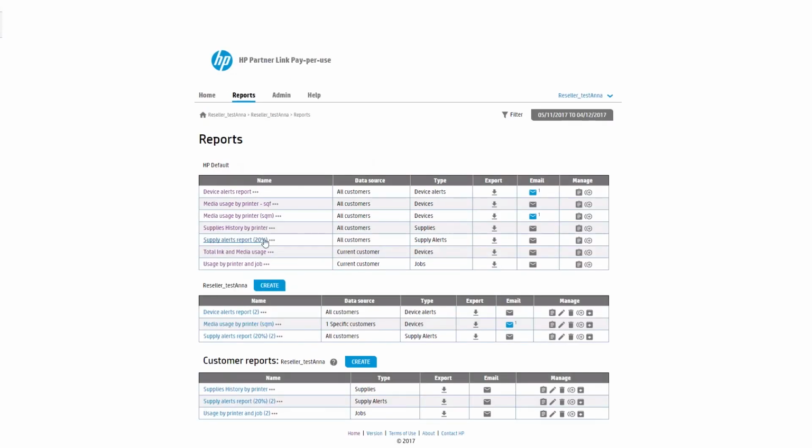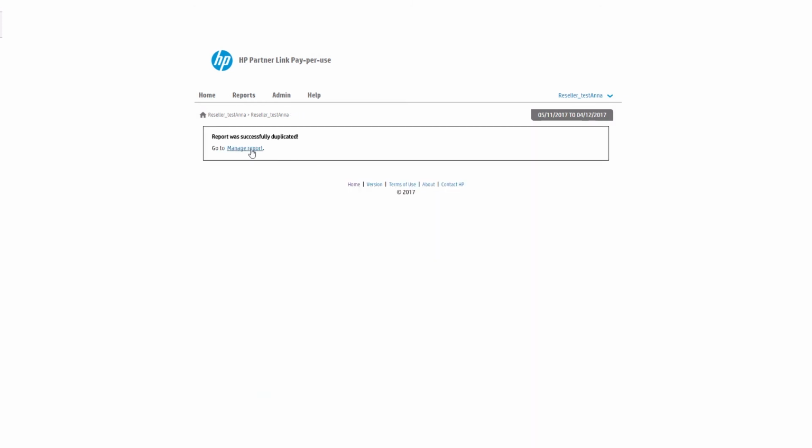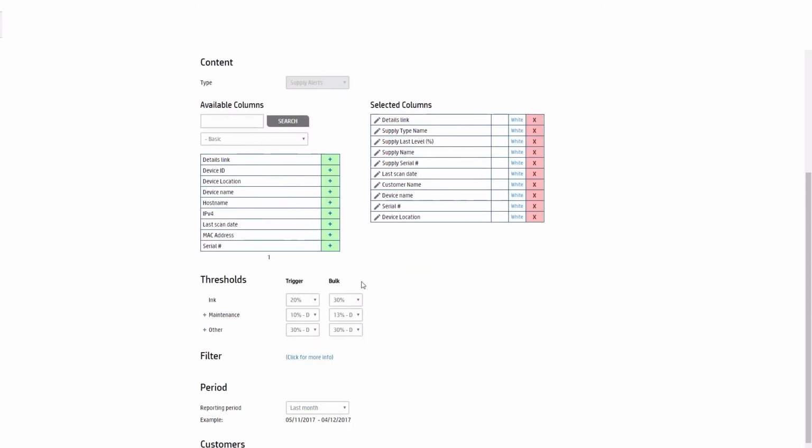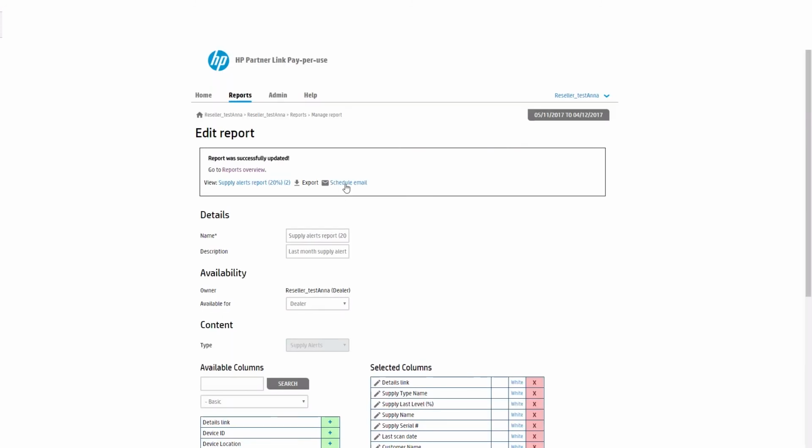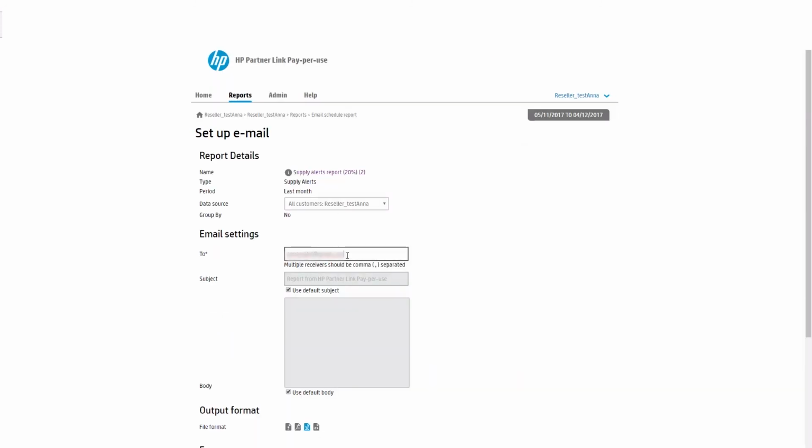Finally, for some types of reports, such as the ink supplies report, you will also have an extra section where you will select which ink thresholds you want, or select if you want it for all your customers or just some of them. Then, you need to select the reporting period that you want. Once you are done, you will have to click Update. And then we just need to schedule the email, just as we have been doing before.